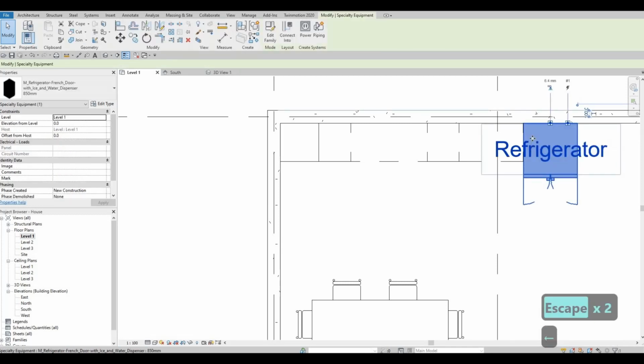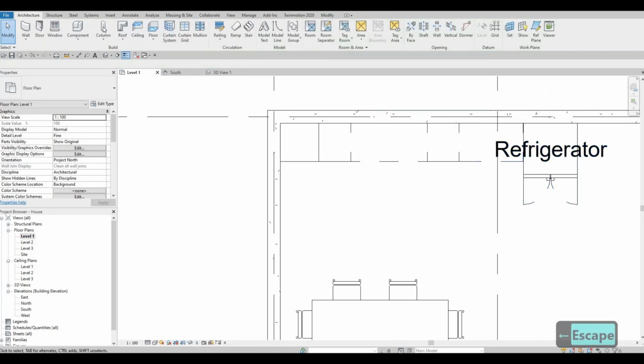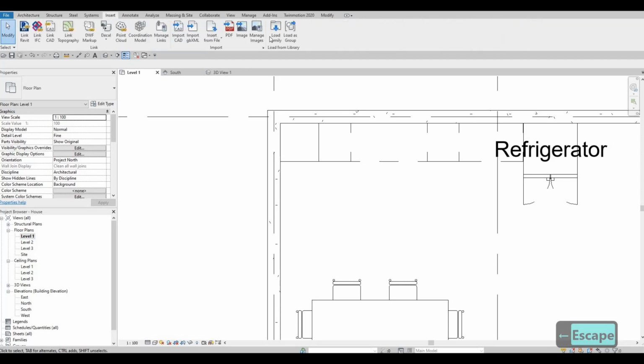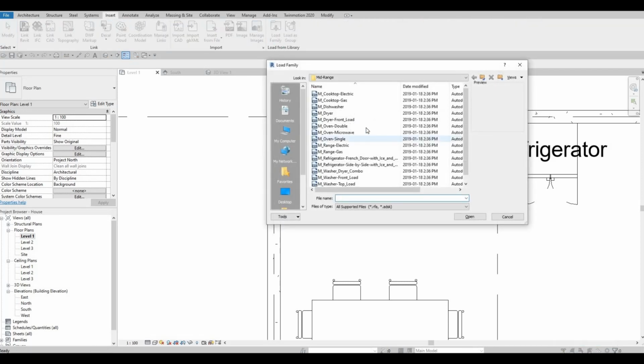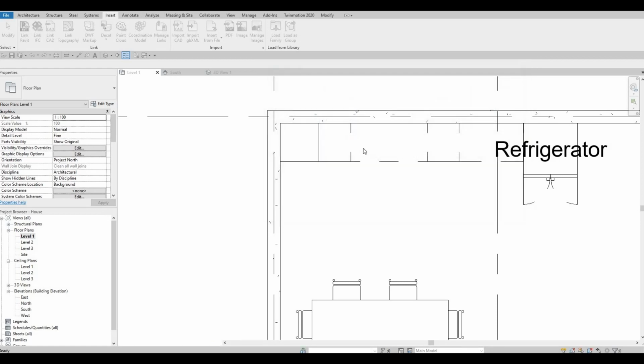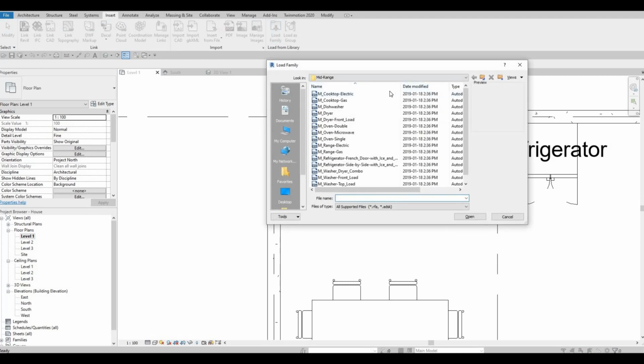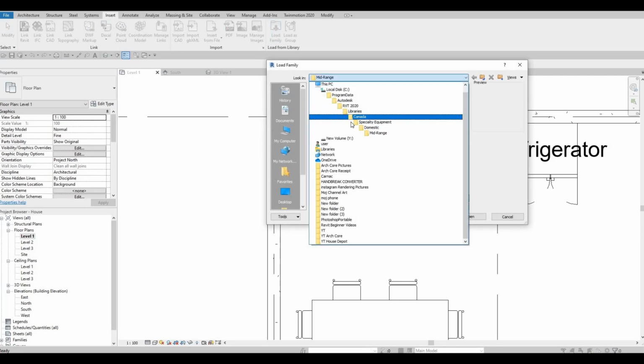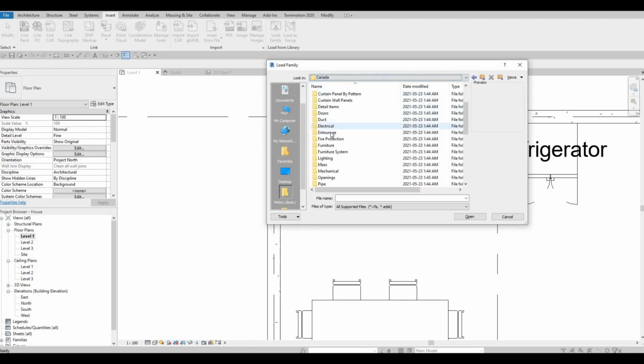I'm just gonna nudge it on the left side. And let's not forget to add in the countertop. But before that, let's load in a cooktop. So I'm gonna add in a cooktop like that. And then let's go back to that later on. Go back to Canada and then